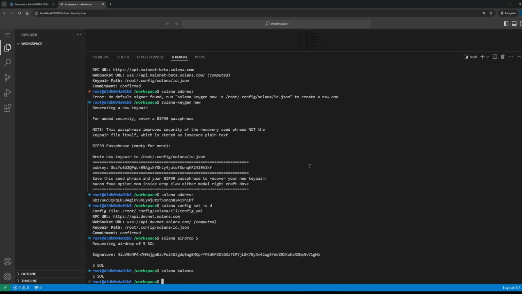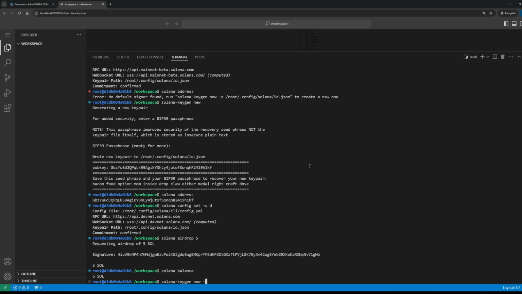So let's create a new wallet address, a new key pair, for example, for our friend called, let's say, Eki. Again, I'm specifying solana-keygen new, but in this case, we do not want to overwrite the default key pair, we would like to create a new one.